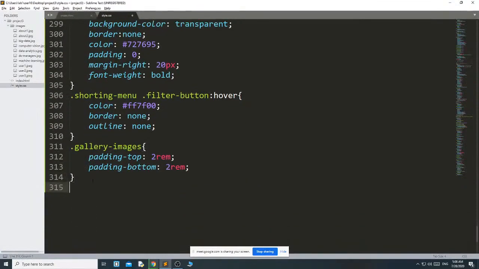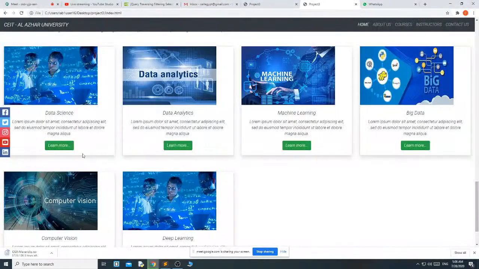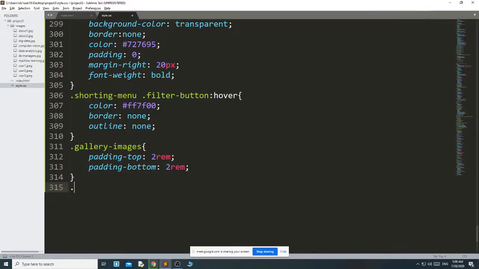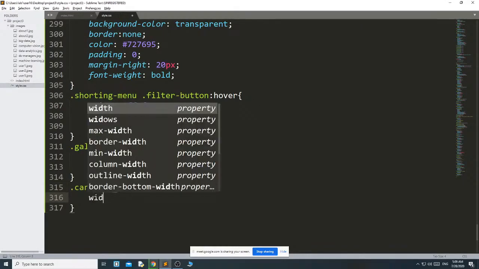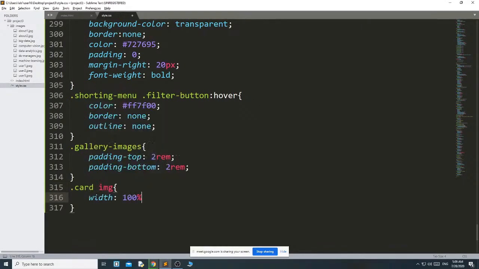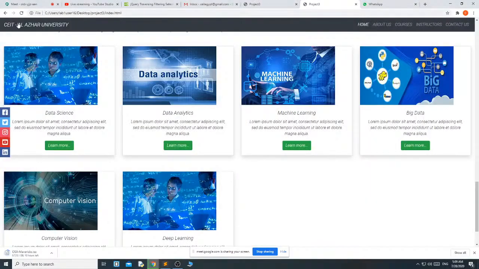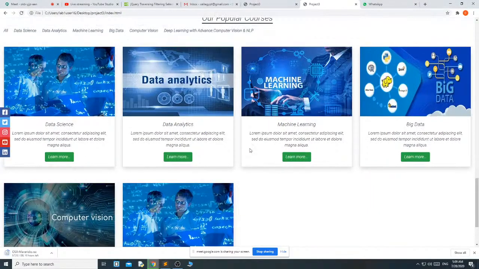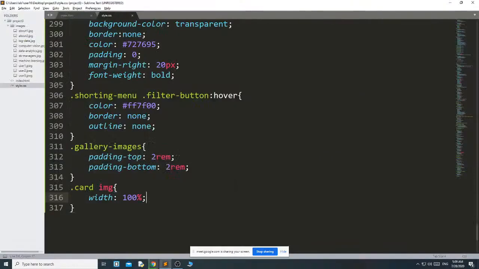Okay. Then we will fix this gap. Dot card img. The width we will make 100%. See, the gap is over. Then I want to apply the transition.